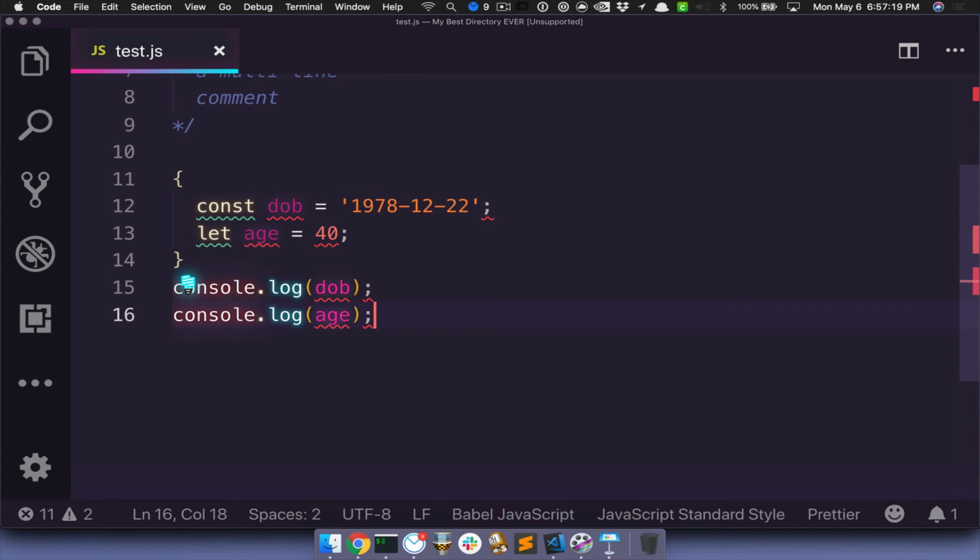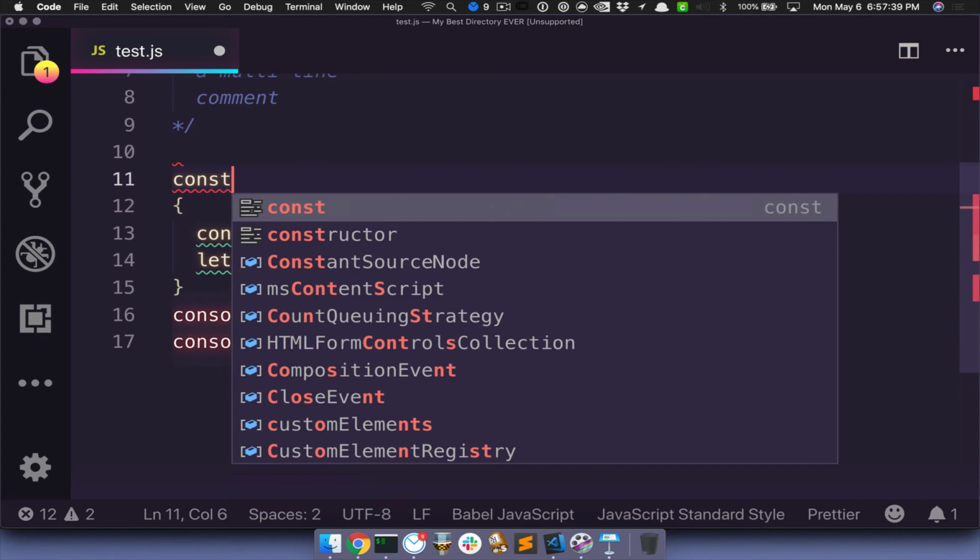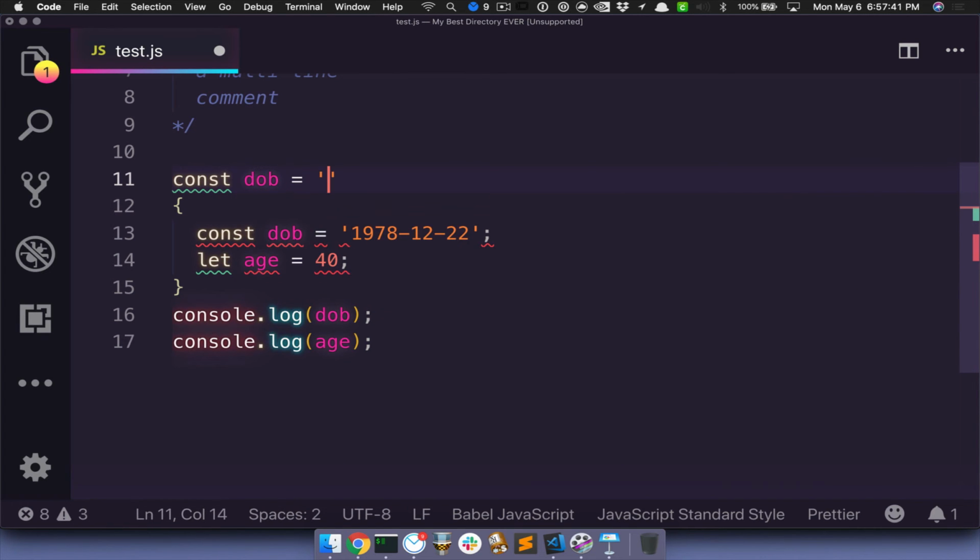That's an important concept to understand because you can wind up confusing yourself where you define this in a block, and didn't realize you did that, and then you attempt to access it outside. And then all of a sudden you realize, I don't have access to this variable outside. You can also use this to your advantage because even though those are defined in there, I can come up here, type in DOB,